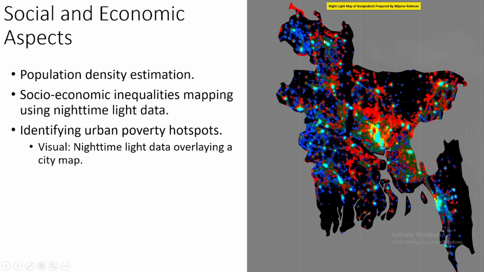This type of place is poor, not much developed, but in the center it's more developed, because in the night time we find a lot of activities here. So this data is also helpful in this way, mainly for population density estimation. We also do socio-economic inequalities mapping using night light data, or identify urban poverty hotspots using this data,